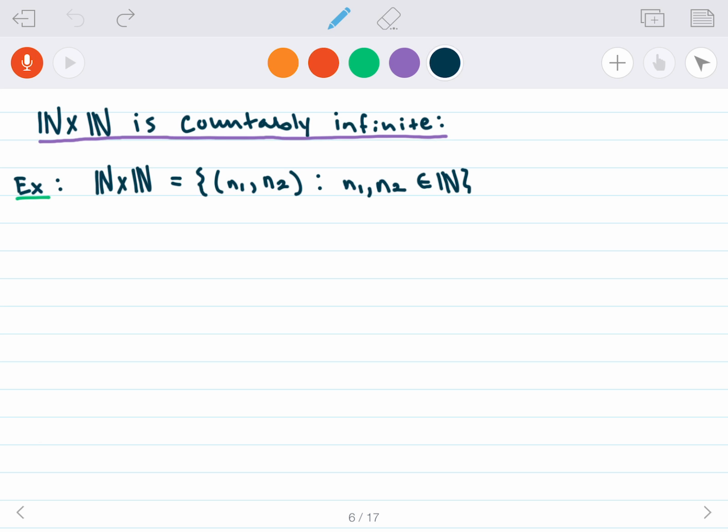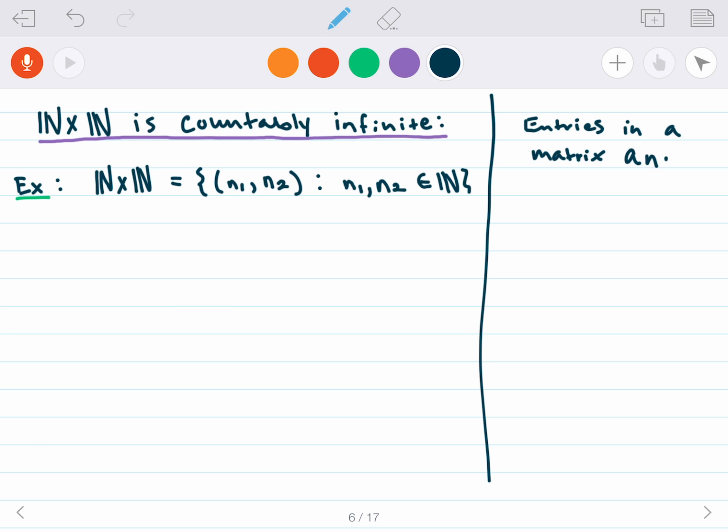And so what I want you to think about is matrices. If we have an n by m matrix, or rather if we have entries, maybe I'll do it off to the side here. Entries in a matrix. The idea here is that we're tacking on a different dimension, so we need some kind of way to describe where these points live. So entries of a matrix are going to be of the form A n m,